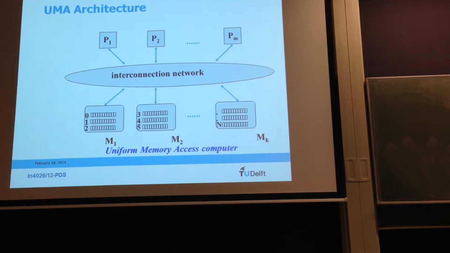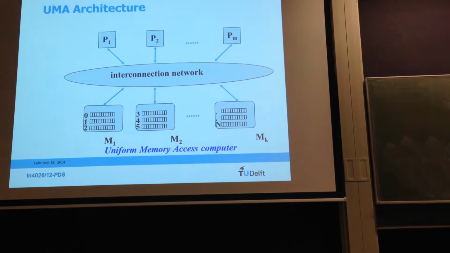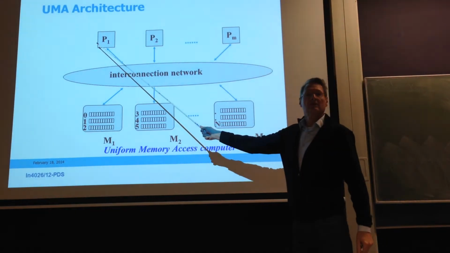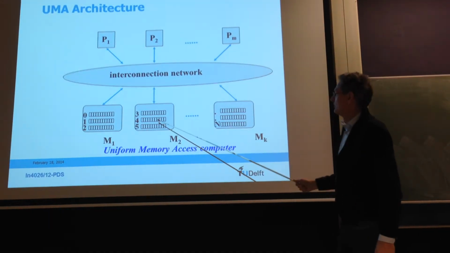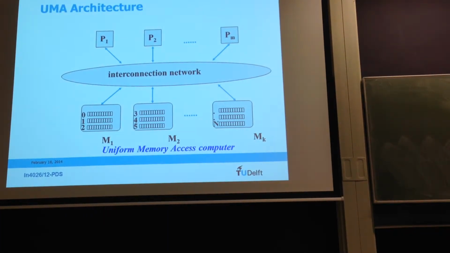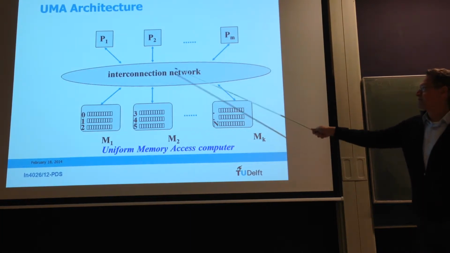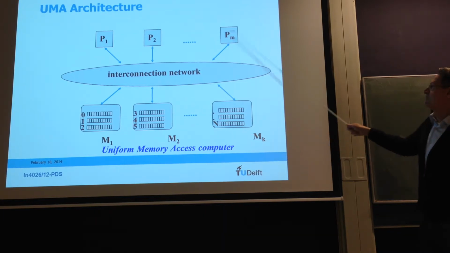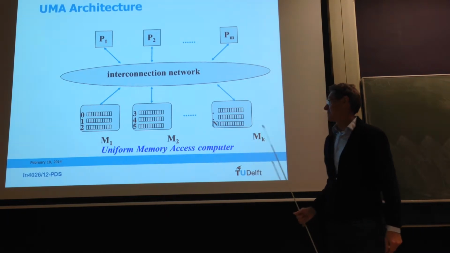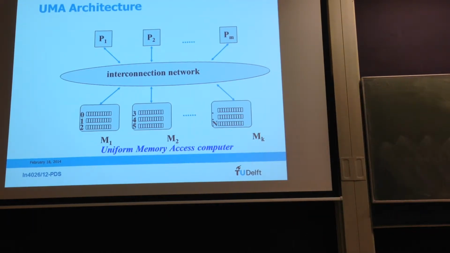So the most simple structure is what we call the uniform memory access computer, where on the one hand we have these individual processing units with their own instruction units, and on the other hand we have a linearly numbered memory where all processors have equal access to. So it doesn't matter when I access the data item from this one or this one, they all access the same memory elements at the same time, so the penalty for them to get a memory element is the same,